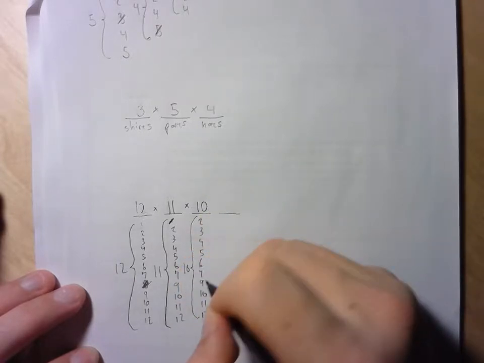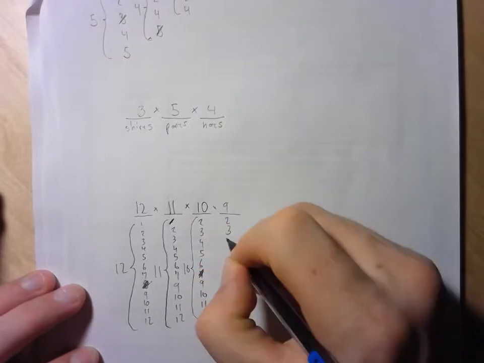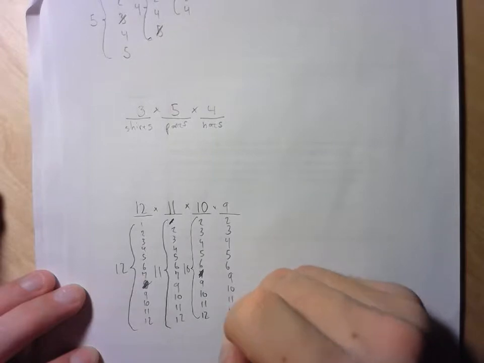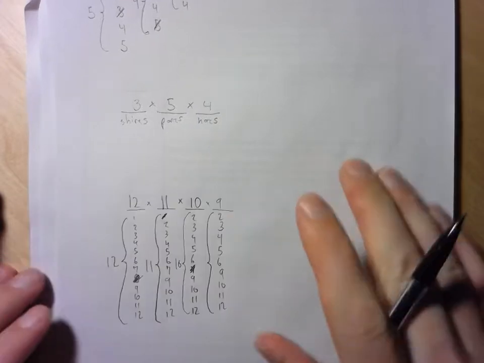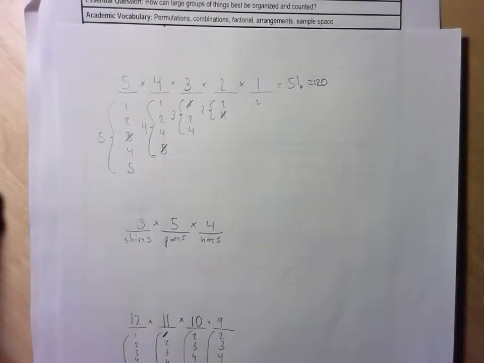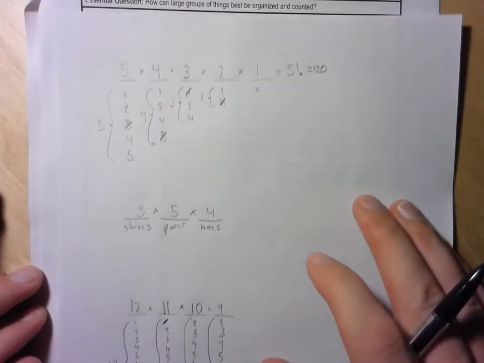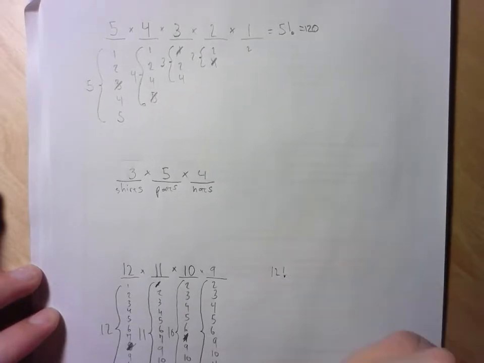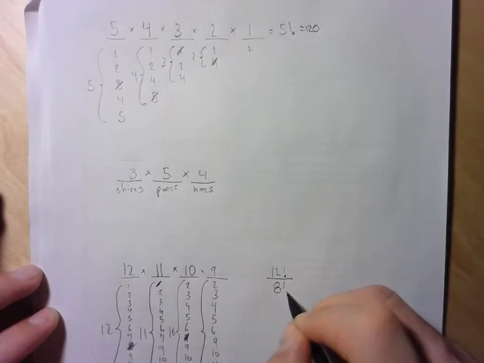And maybe we picked 7, and now there are only 9 possibilities left that we can pick from for fourth period. So this is very similar to the factorial notation. In fact, it is a special type of factorial called a permutation, where we're going to just divide out. There were 12 possible, 12 factorial divided by 8 factorial, and